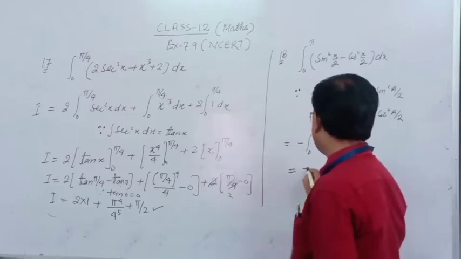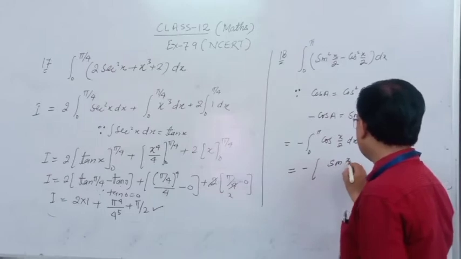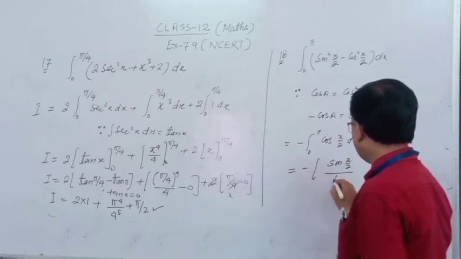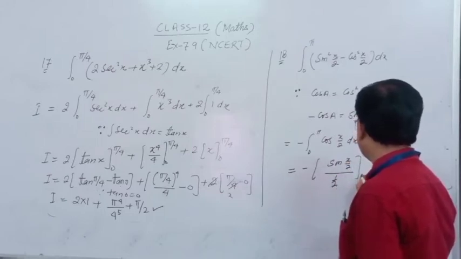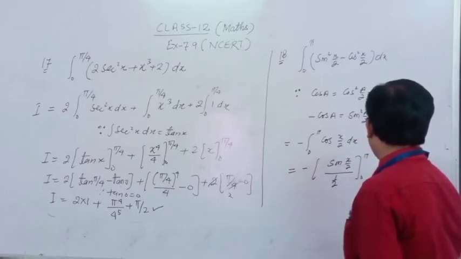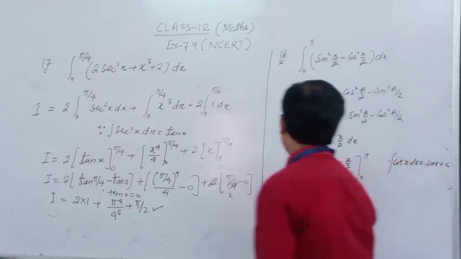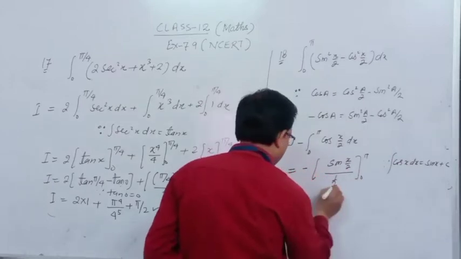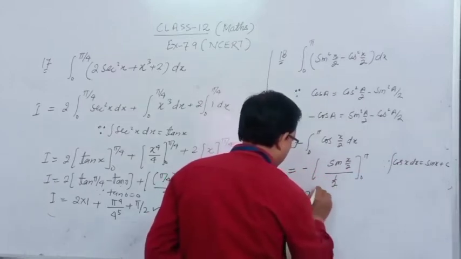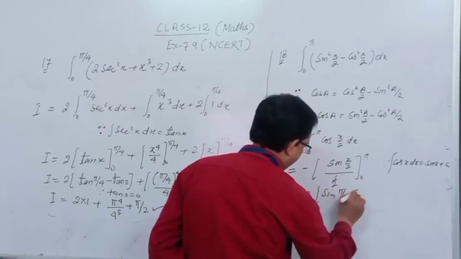So this is minus integration of cos x is sin x, and the coefficient goes in the divisor, so this is 0 to pi. Okay, here we write the integration of cos x dx is equal to sin x. So this going upward, so this is 2, putting the limit, this is sin pi by 2 minus sin of